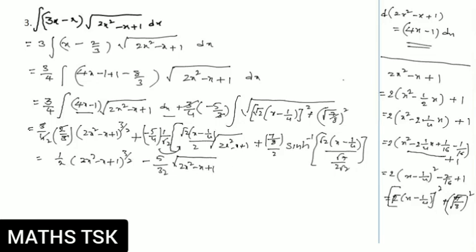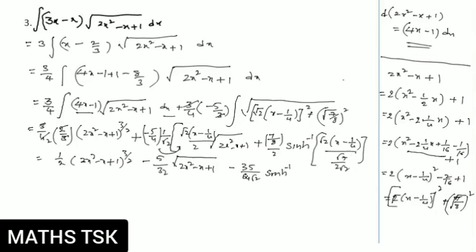Okay, right. Next, 7 by 16 into minus 5. Minus 7 into 5 is 35 by 16 4 64 root 2. Someone will write it as 35 root 2 by 128. However, it is correct. And then sin